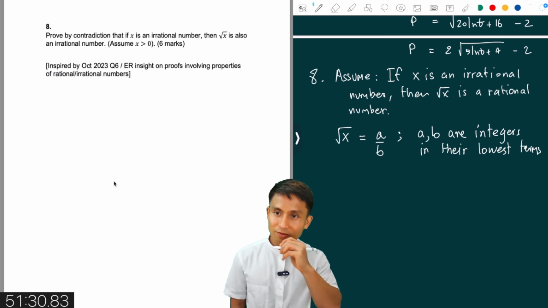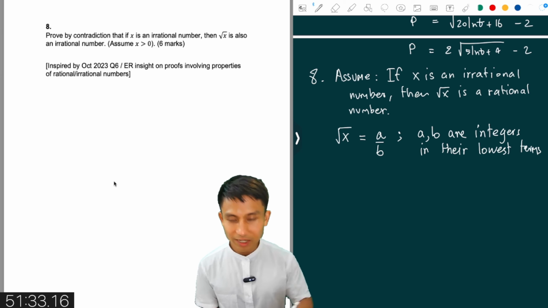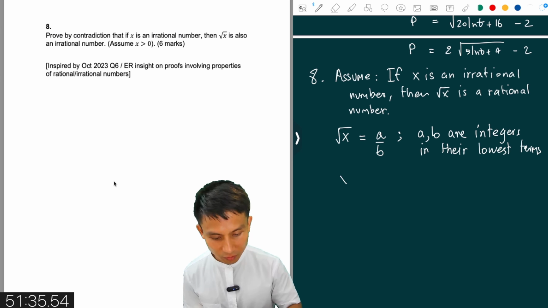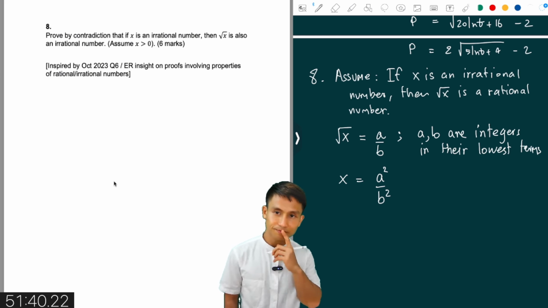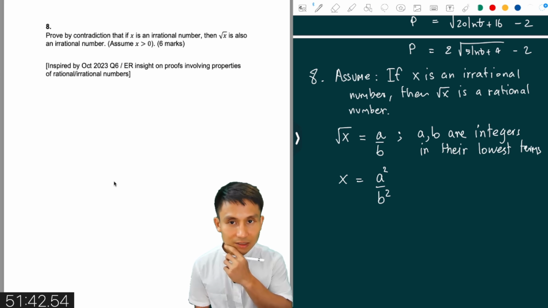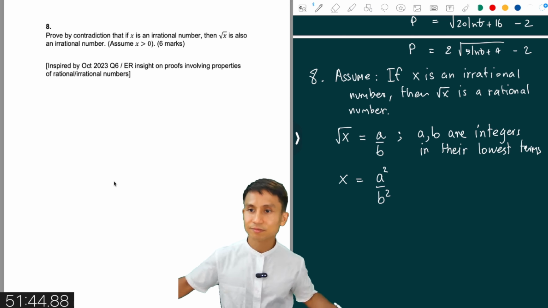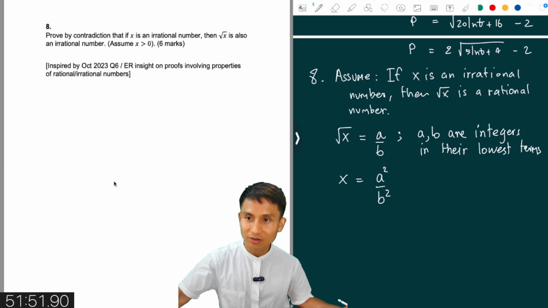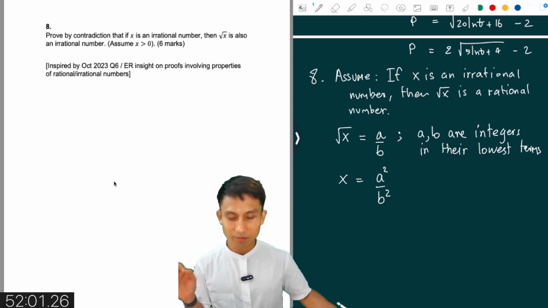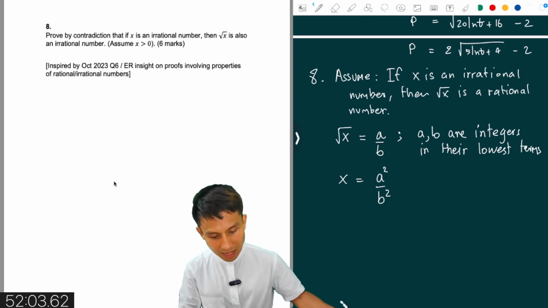So what to do after this? Well, we need to square to make x, right? So if we square both sides, we get x equals a squared over b squared like that. Okay. So x is an integer, right? Because it's a rational number. Sorry, x is an irrational number. Okay. So if x is an irrational number, right? That means